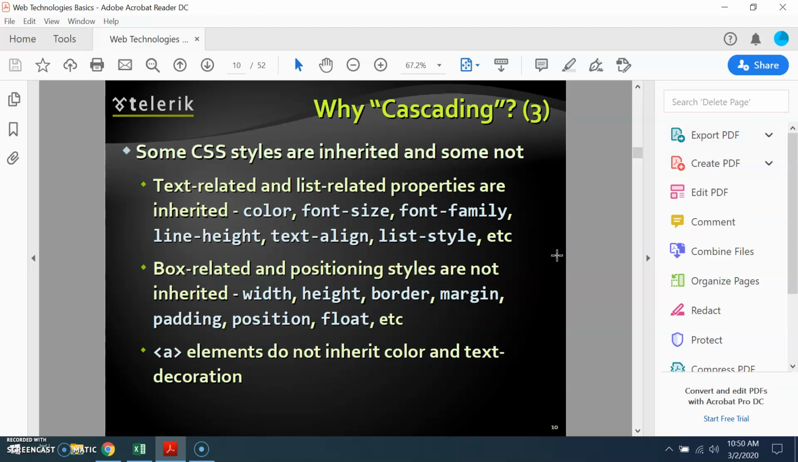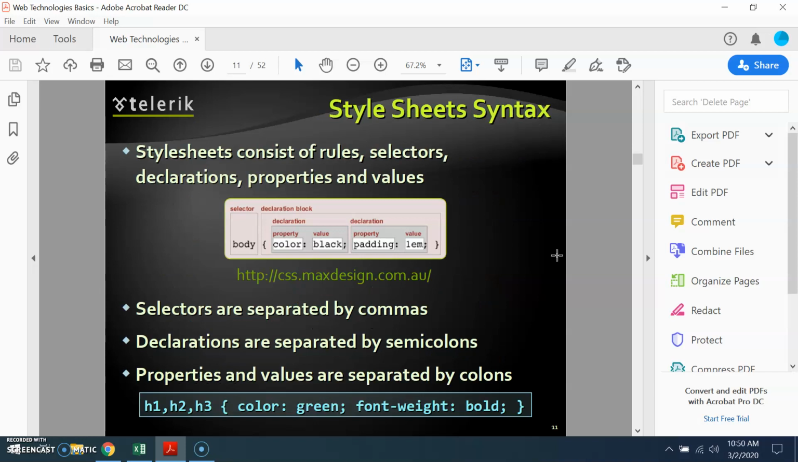Okay, so what we're really going to be focusing on is color, font size, font family, line height, text alignment, and list styles. So that's what we're really going to be focusing on for the next like 2 weeks or so. Okay, so in your style sheet,